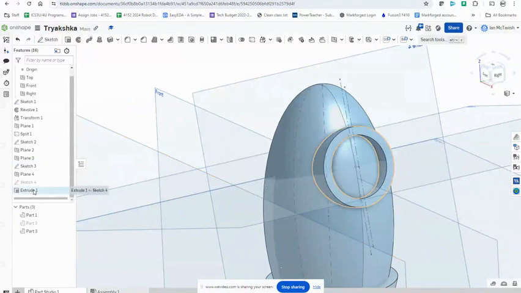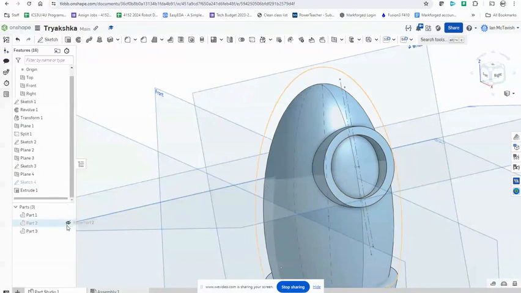So that looks good. Now the problem here,